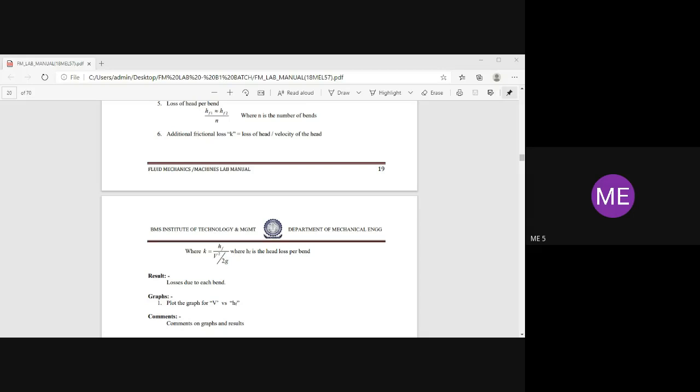You are having 4 readings. You should join in a proper way. Suppose it is increasing order, you have to join those points only. Increasing and decreasing, don't join such kind of things. It should be in a uniform way. Either it is in decreasing order or it is in increasing order. So you leave one point and you join the remaining points. Okay, that's also possible.